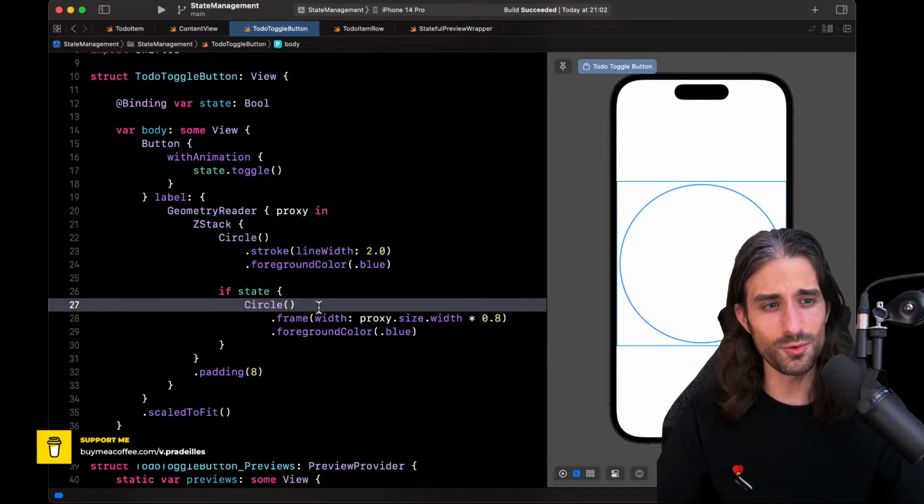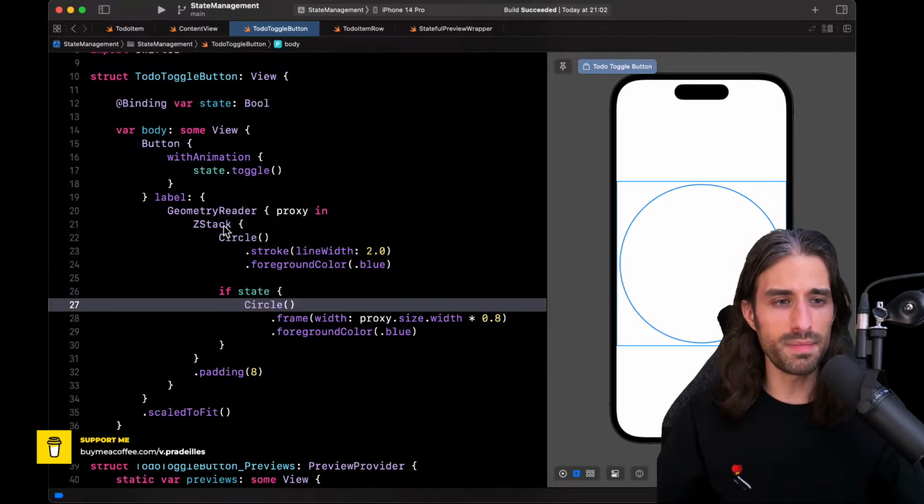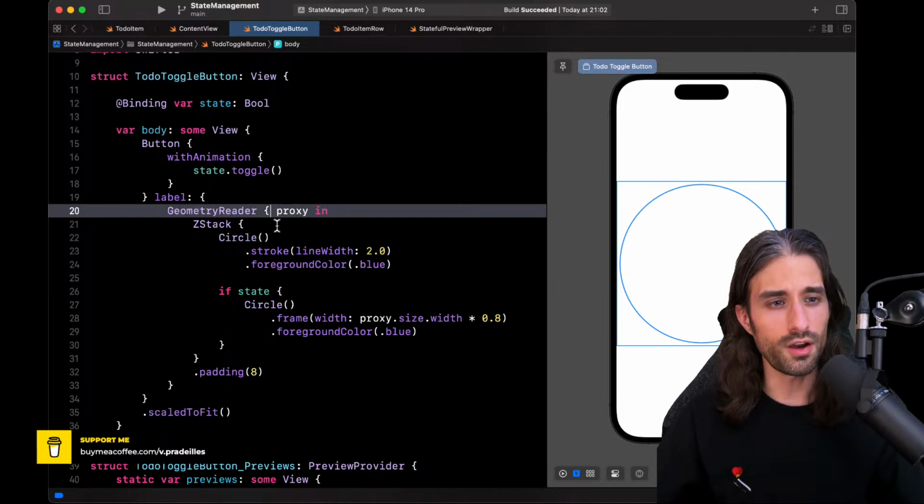But it's basically when you want to access something that is outside your scope. For instance here, you want to access the size that was proposed by the parent view. You embed the view in something that will be able to capture that information and make it available to you through its closure argument. Okay, cool. I'm glad to see that that explanation was helpful to you.